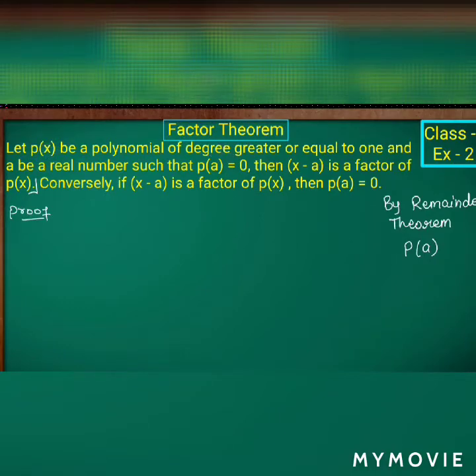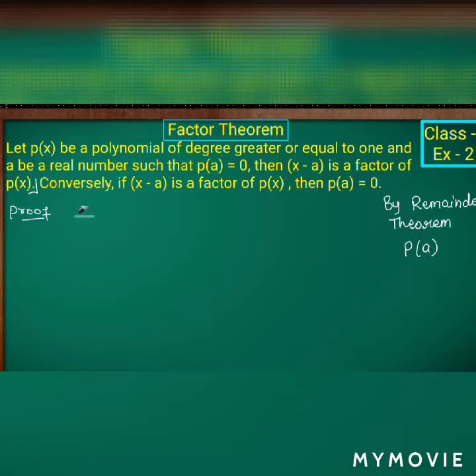There we were equating the factors to 0 and finding the values of the variable, and we were substituting the values of the variable in the given polynomials, isn't it? It is the same here, but here they will give the factor that should be equal to 0, and we have to find the value of the variable. In the same way, we have to substitute the values of the variable in the given polynomials and find out whether the factor theorem applies or not.